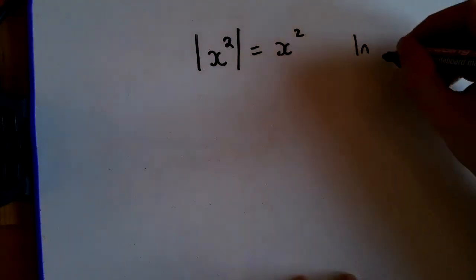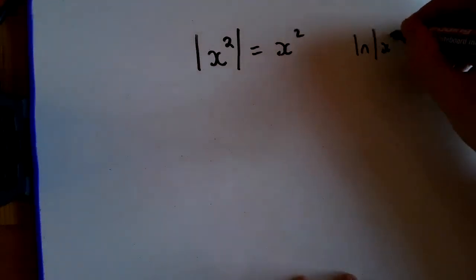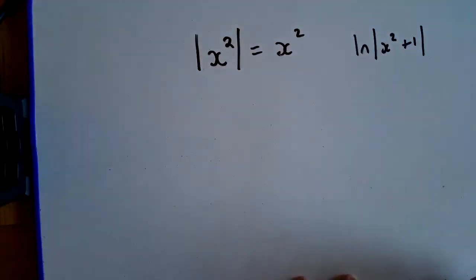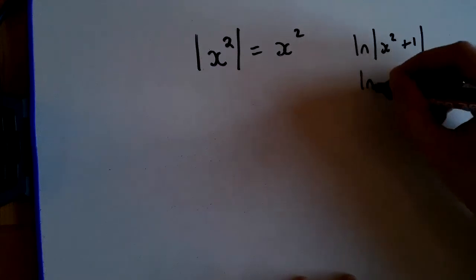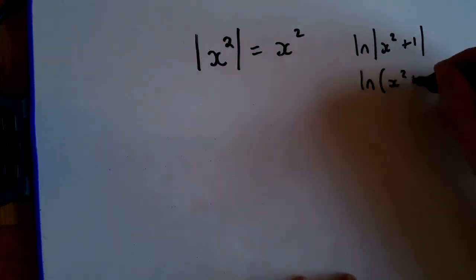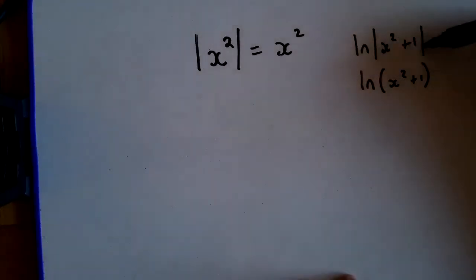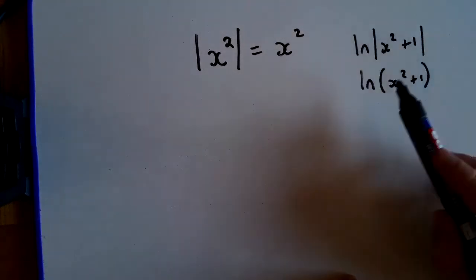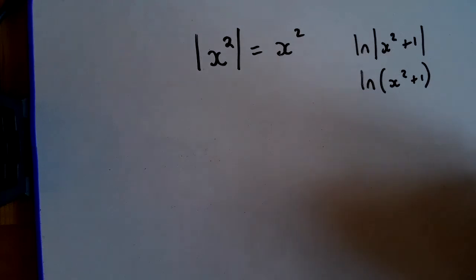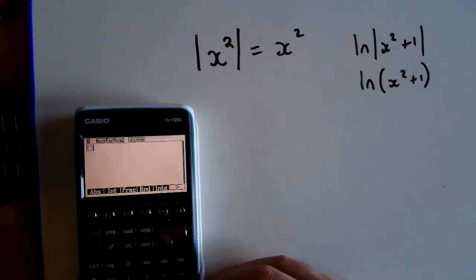You know, that sometimes we'll get stuff like this when we integrate the modulus brackets. However, if I had this, I don't actually need the modulus brackets. I can just put normal brackets. And think, why is that? x squared plus 1, again, that's always positive. It's never negative. So a quick way you can check is you just type in your graph